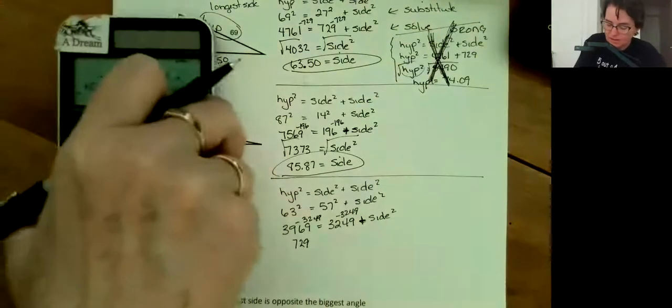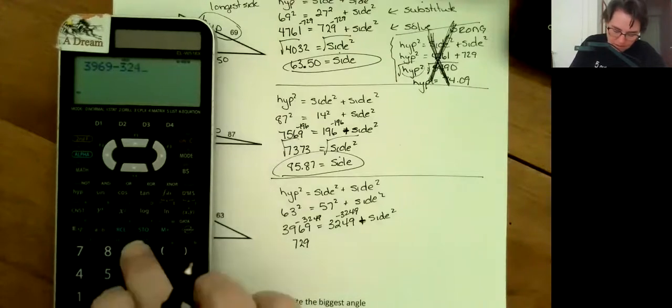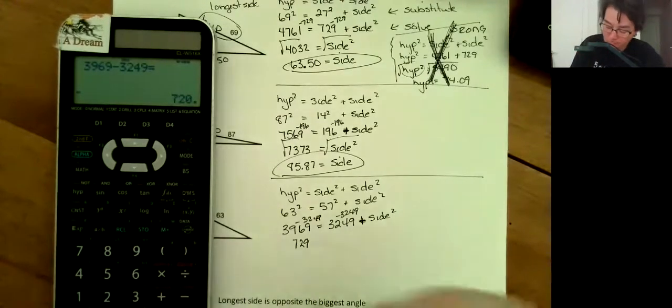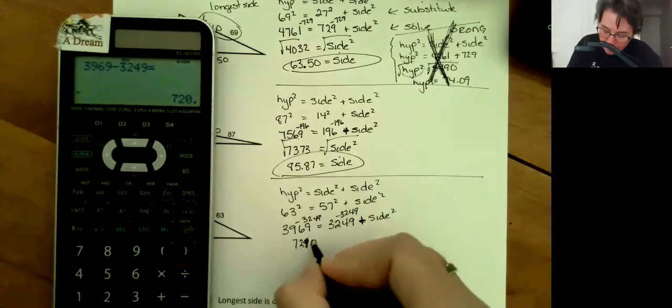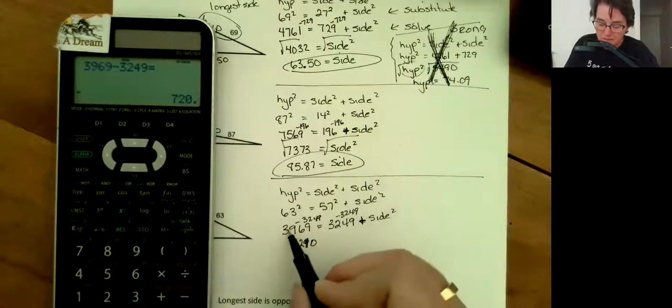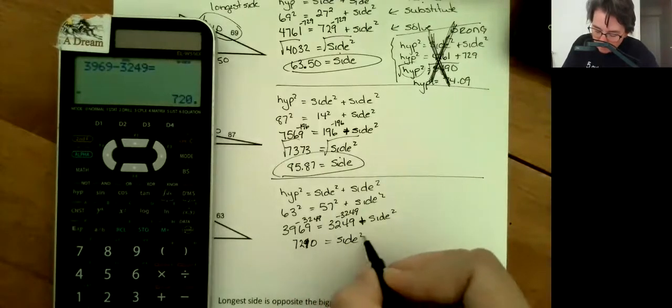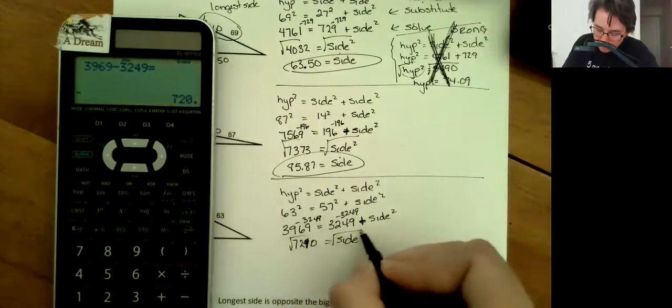Now, how did I know that? Well, you know what? 3969 minus 3249. Of course, I got it wrong anyway. It should be 720. I'm not magical. It's just if you subtract backwards, your signs are just going to be flipped. Anyway, put that one in first. Is equal to my side squared, square root,